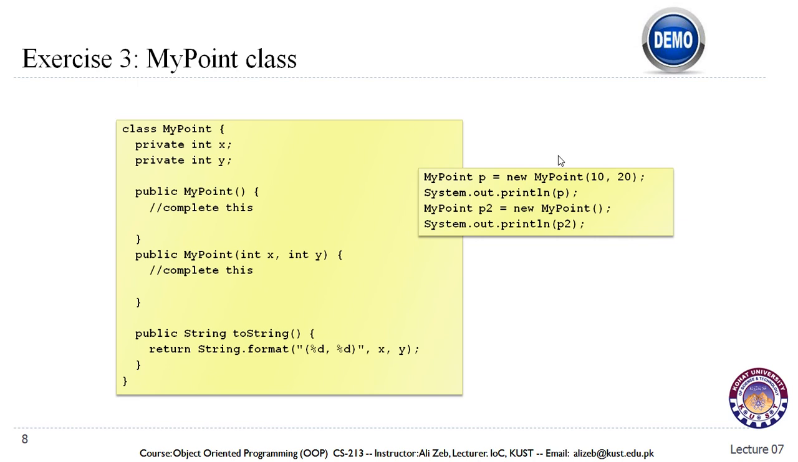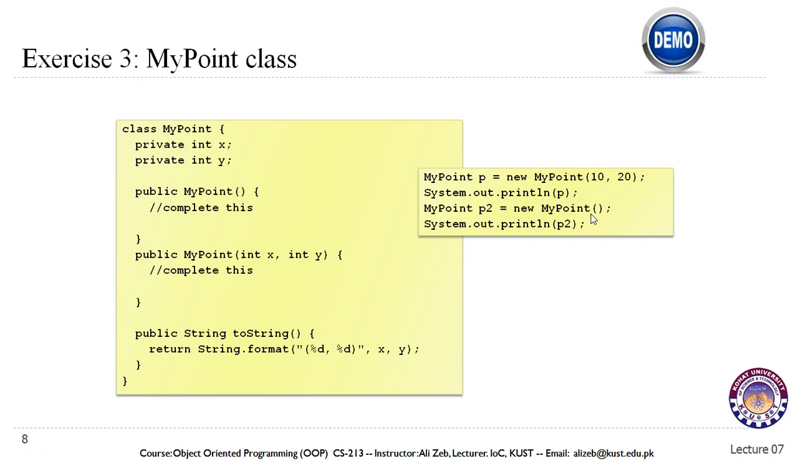Similarly, this is an example exercise of constructors, and this point class or MyPoint class is supposed to have 2 constructors. This one is without any arguments, and this one takes 2 arguments, or it has 2 parameters, so that you can initialize an object by passing two arguments, or you should be able to initialize an object without passing any